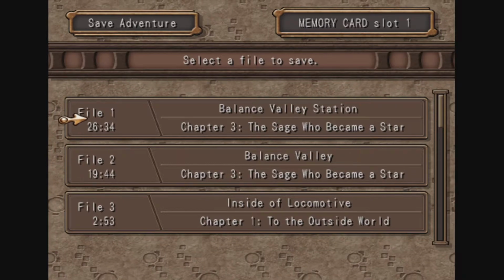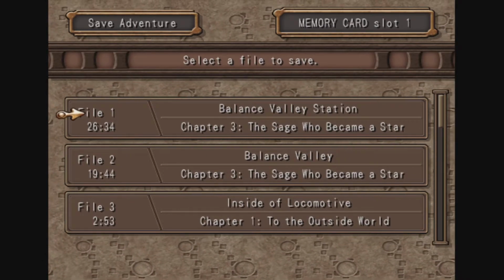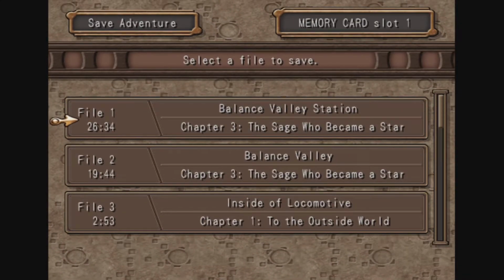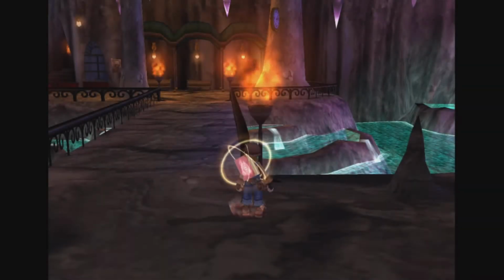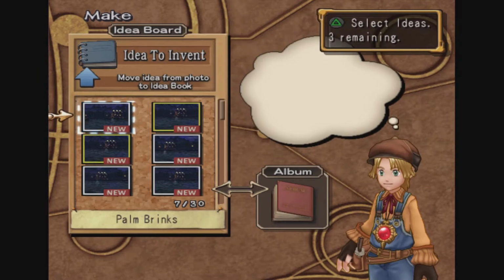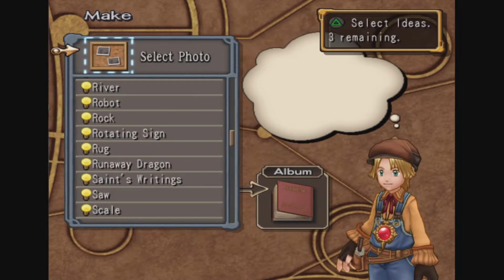Today I'm going to be showing you some tips and tricks for Dark Chronicle. Today's episode is going to be covering all the adventures you can think of for Chapter 3, so let's get right into it, shall we? Now again, go to the menu, then select Make, go up to New Invention to start making some ideas. Ignore those for another time. Anyway,